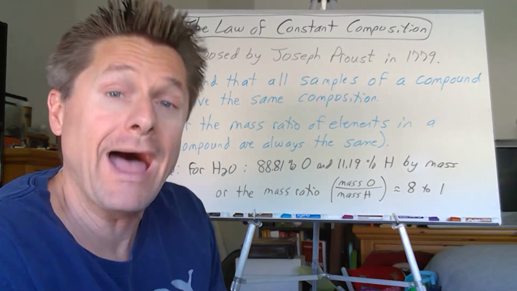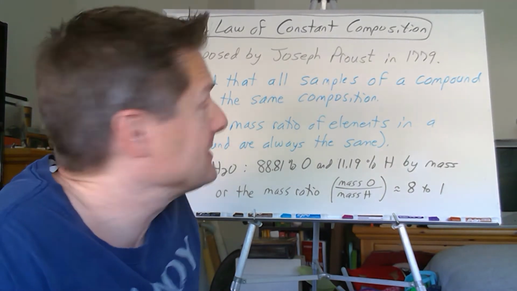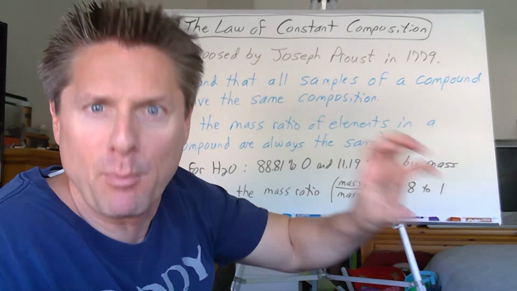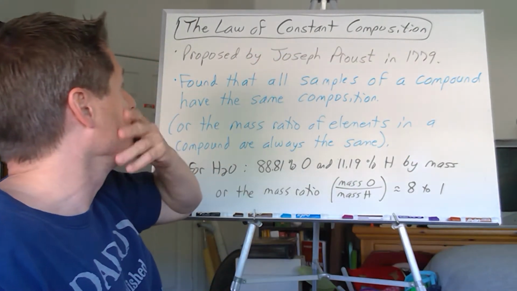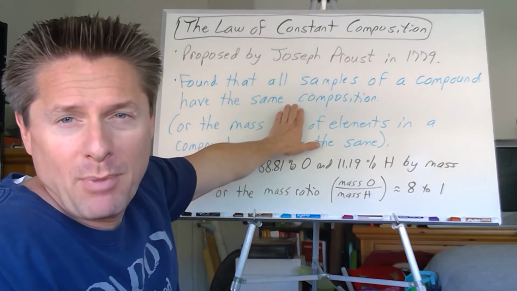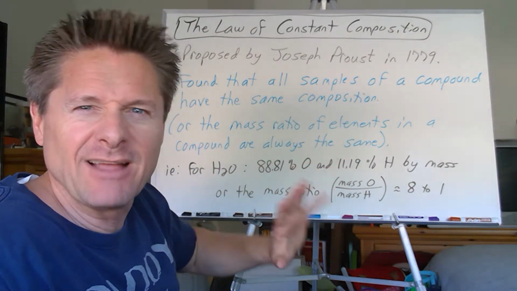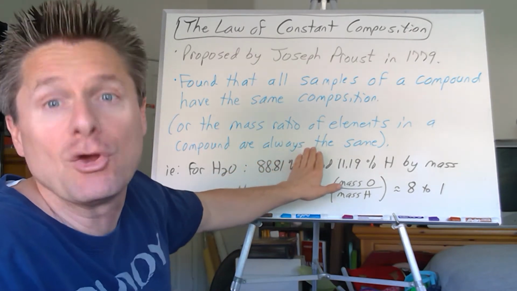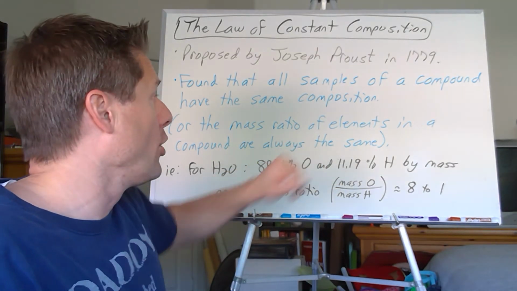He couldn't explain why. Right? Didn't know about atoms and stuff at the time. But that's what we call it. And sometimes you'll see it as the law of definite proportions as well. Law of constant composition. So all samples of a compound are the same composition. That's kind of a bland kind of way of looking at it. I like it more this way, where the mass ratio of elements in a compound are always the same regardless